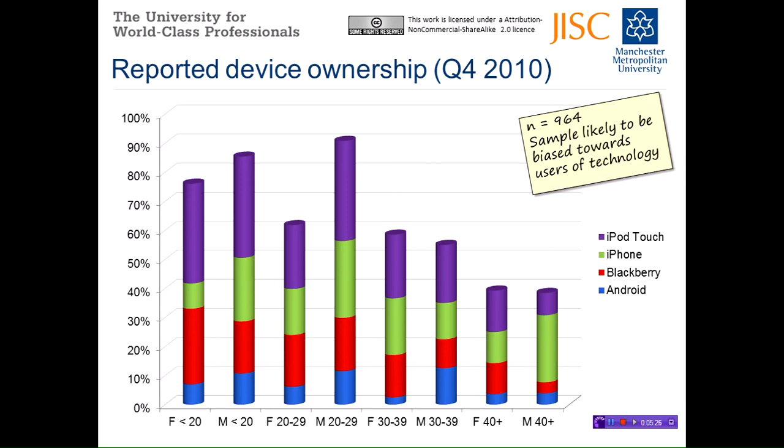And as you'll see from those stats, BlackBerry was particularly common amongst younger female respondents. A lot of multi-device ownership. Quite a few students said, well, we've got a BlackBerry for messaging and an iPod Touch for apps and music,